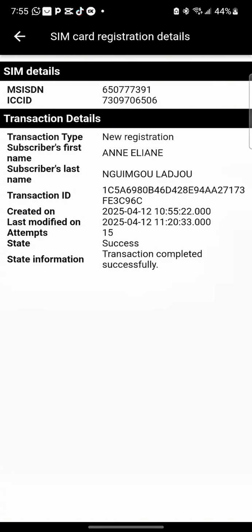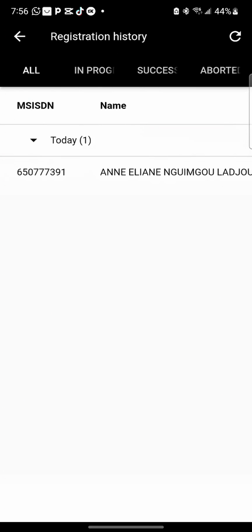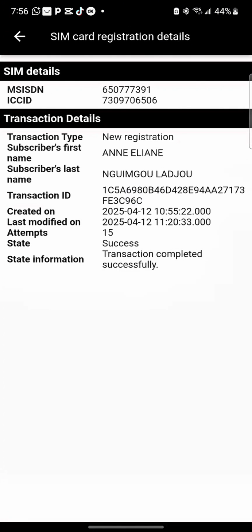If your transaction is being processed, you wait for a few minutes and then it will go through successfully, after which you need to put the sim in the phone. But if it's taking too long and the transaction is still being processed, you will notice the attempts at 15. If you go back and refresh, if you're just done identifying the sim, it will normally be at 0, and then as time goes on, it will keep attempting until it succeeds or it gets rejected and fails. So the attempts will start at 0 and slowly go up. Once the state information shows transaction is being processed, you wait for a few minutes